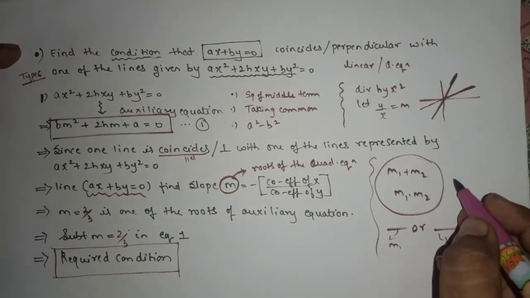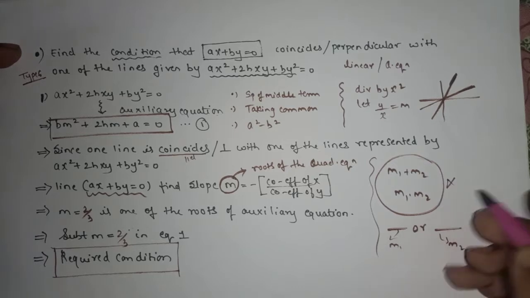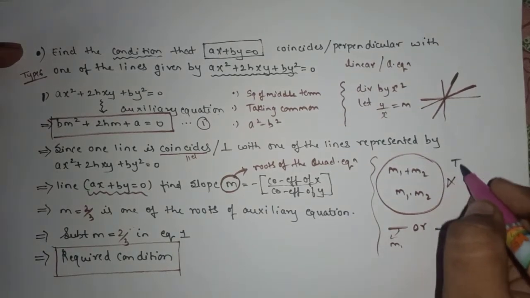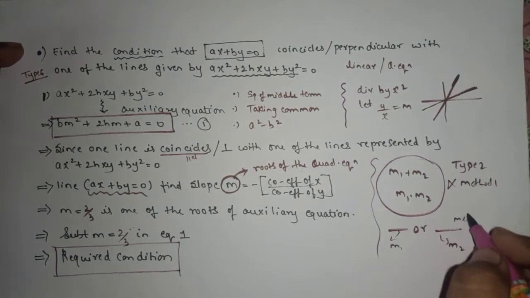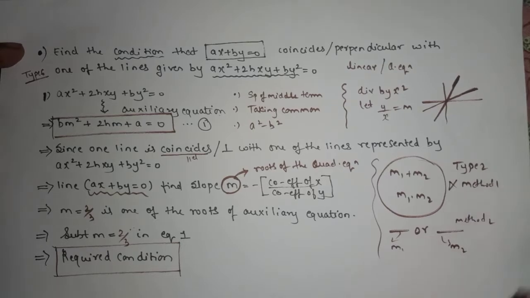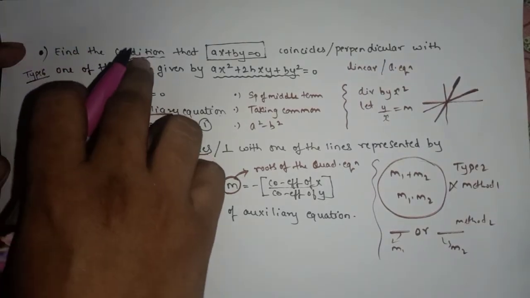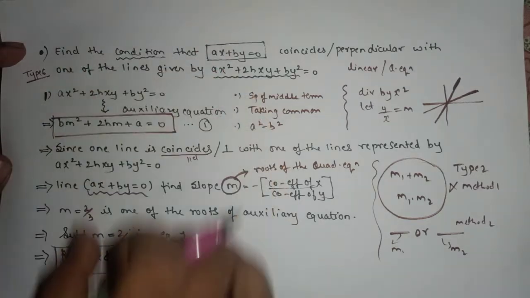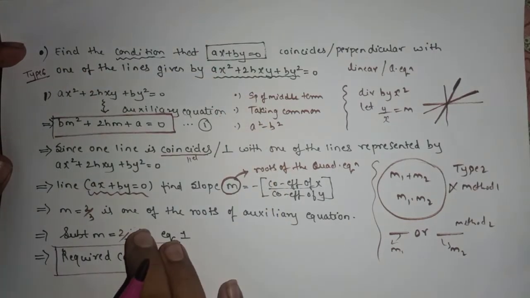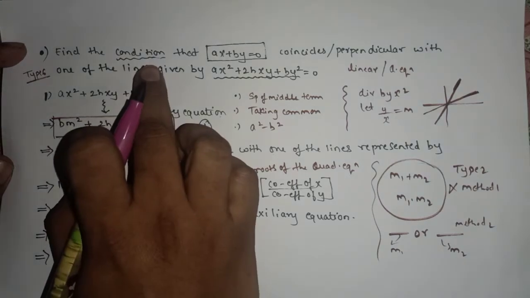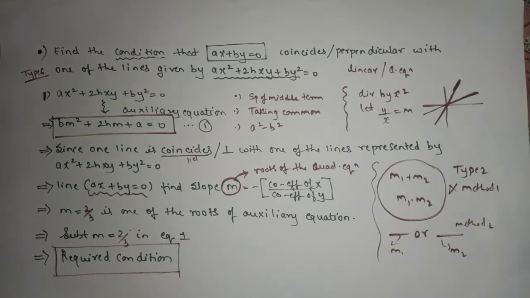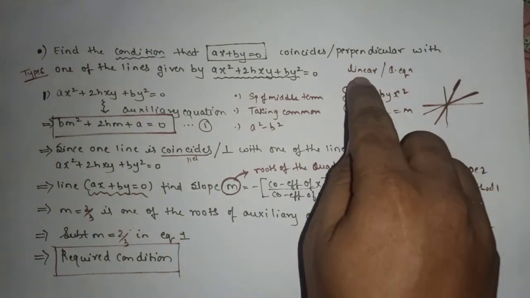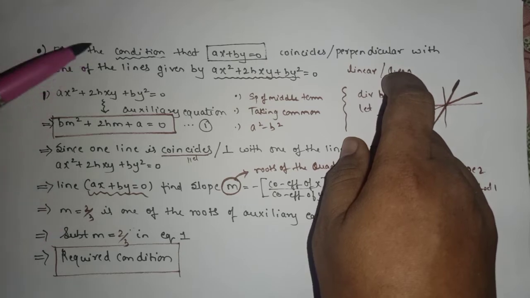So we cannot use the concept of sum of the slope and the product also, and that means for type number 2 we cannot apply method number 1 and method number 2 also. Okay, so whenever you have to find the condition, you have to stick with this proper step. Remember this: whenever you have to find the condition, you will have one linear equation and one quadratic equation. So remember type number 6, where you will have a linear and a quadratic, and they will say that you have to find the condition.